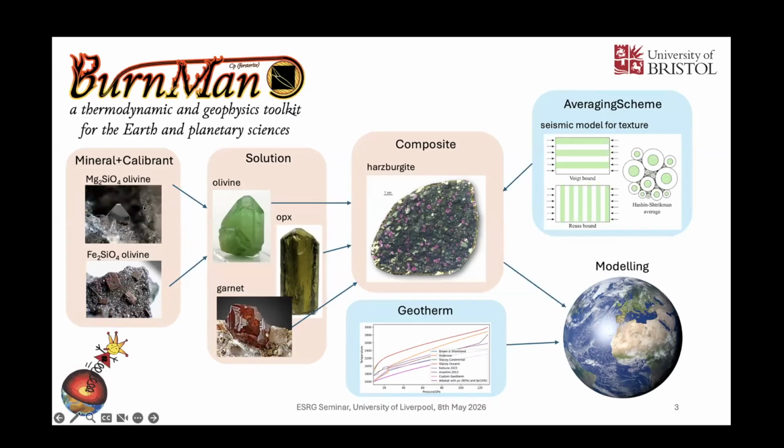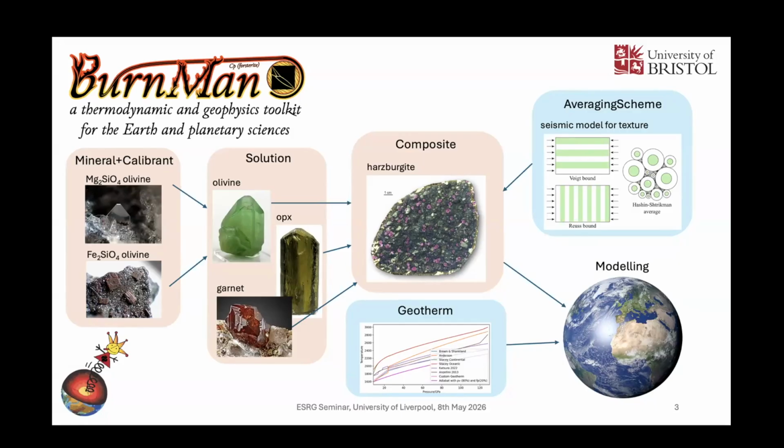So, for example, we've got forsterite here and fayalite here, and those go into two different classes now in BurnMan. The mineral class, which gives you all of the thermodynamic properties, at least the scalar thermodynamic properties, and also a Calibrant class, which is built essentially for people working at synchrotrons and for people looking at petrology, which gives you